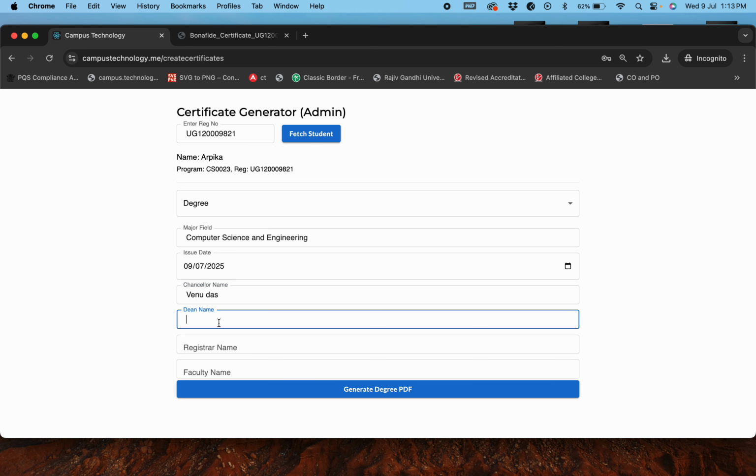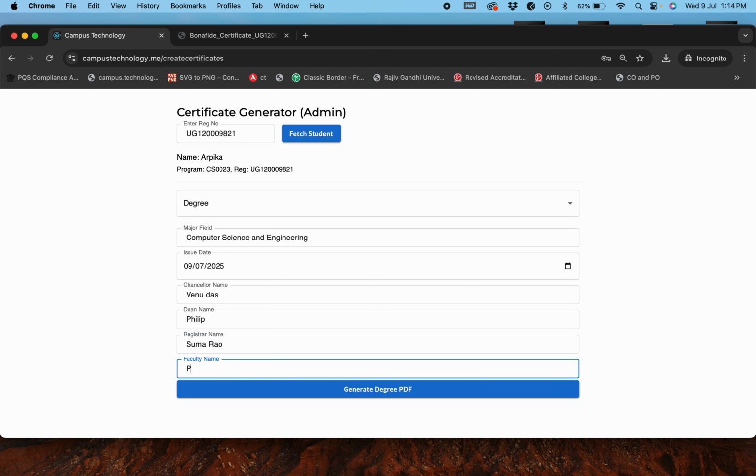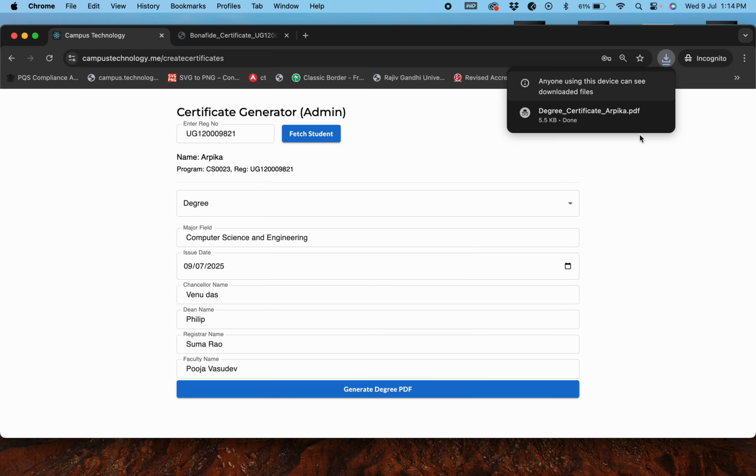Dean's name is. Registrar's name is. And the faculty name is, let's say, Pooja Vasudev. So these are the details that we are capturing right now, and let's click on generate degree certificate, and here